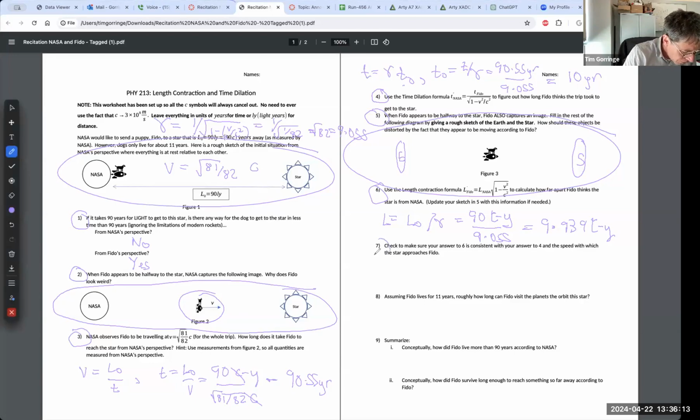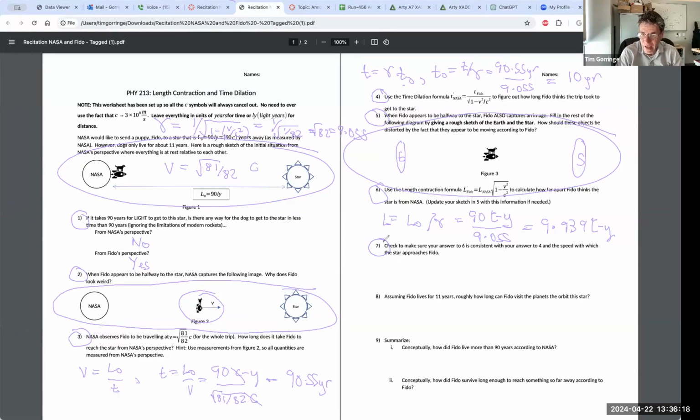The next part of the problem, part 7, asks us to check our calculation of the contracted distance that Fido has seen between Earth and the star. Check it is consistent with the time that Fido took to get from the Earth to the star, which was 10 years, and check it with the motion of the Earth and the star with respect to Fido's rocket ship, which was also at a speed of the square root of 81 over 82 times the speed of